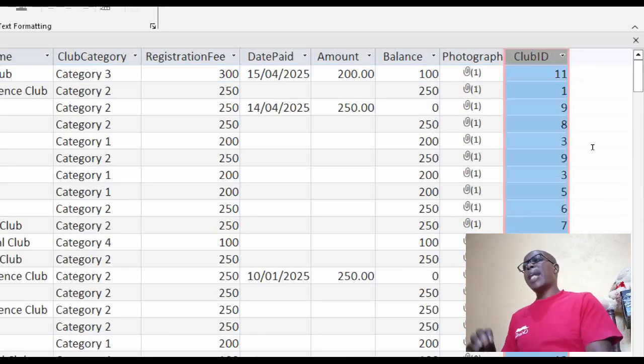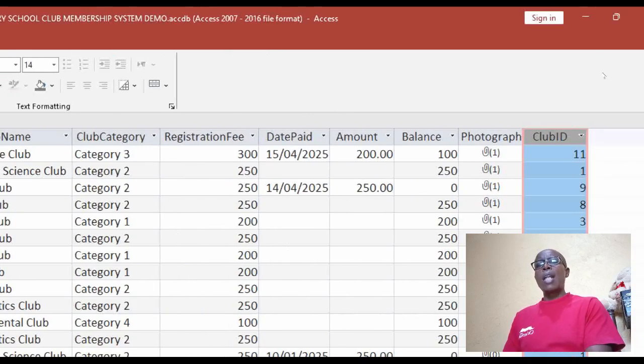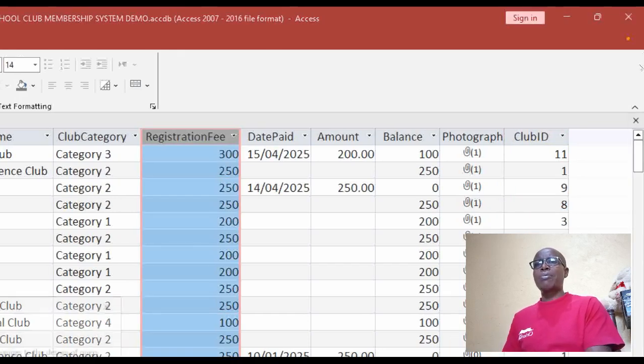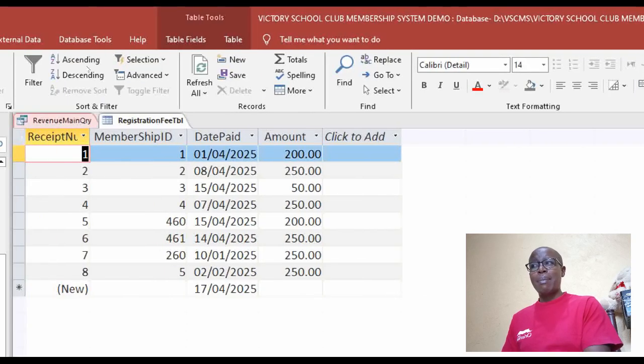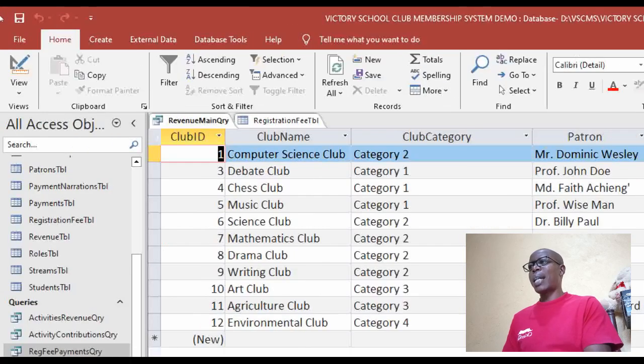And therefore, that query is what we are going to base our argument on, that we want to do now the summation of where club is equal to number 1. We want to do the summation of the registration fee column. So save the query. Don't forget to save the query once you do the adjustment, and you must be remembering its name as we go to the revenue main query. So back to design view,